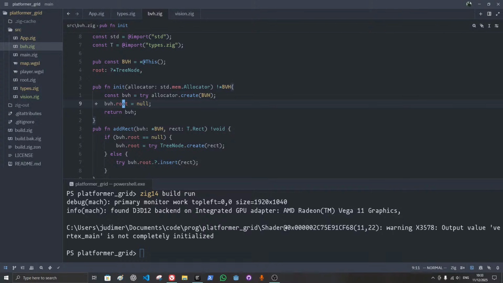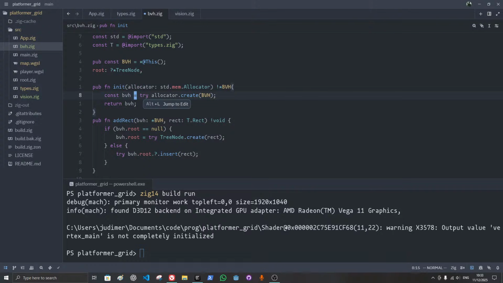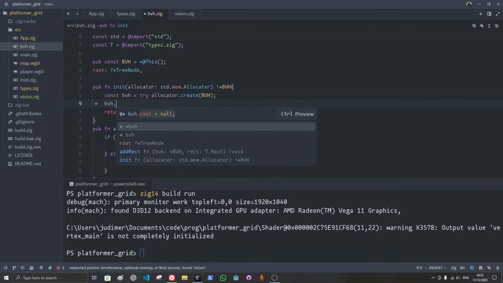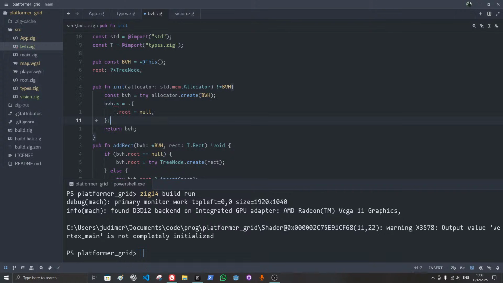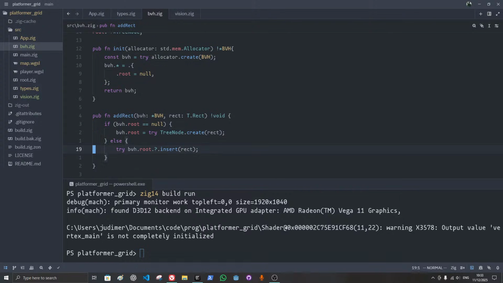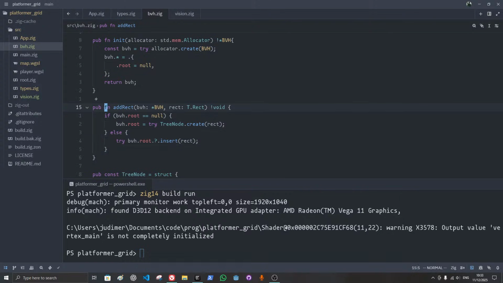We try. I will make allocator, and then here I have to say bvh dot star is equal to this. Okay, and then I will return the pointer. So that should do it. And then here the rectangle. Now,